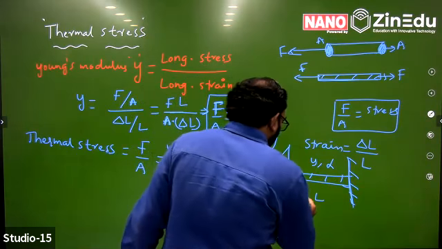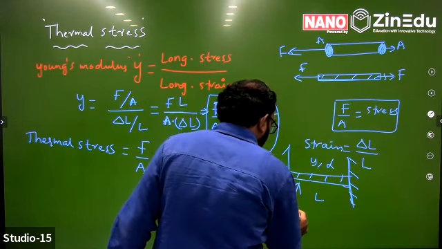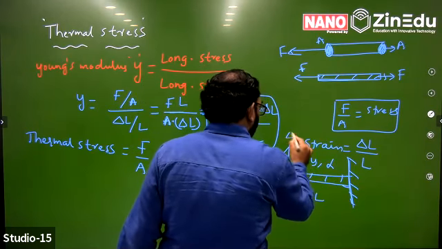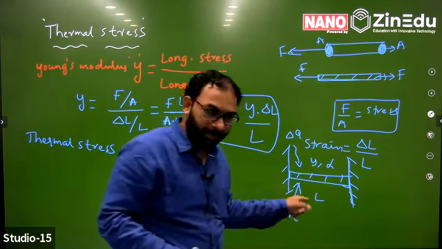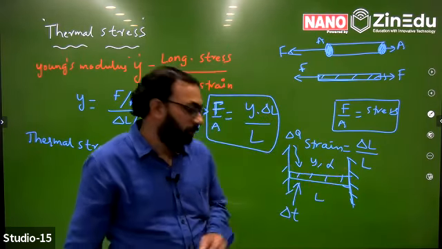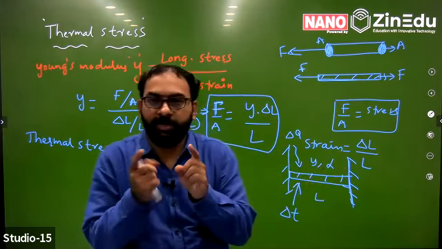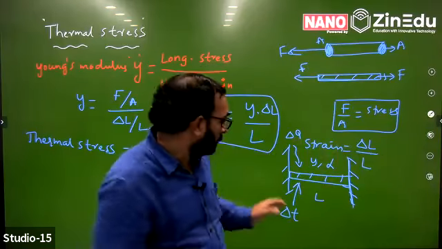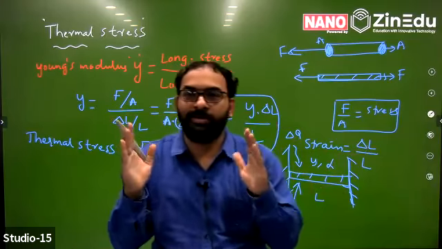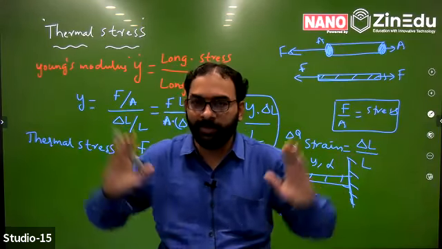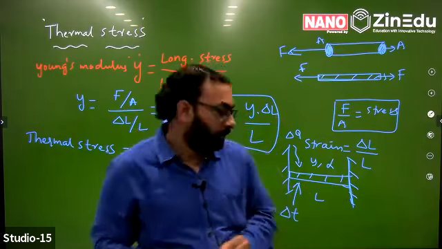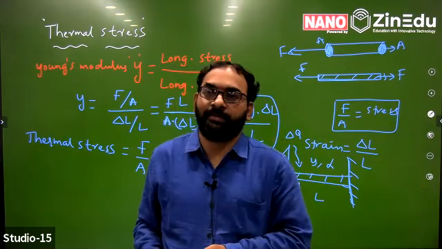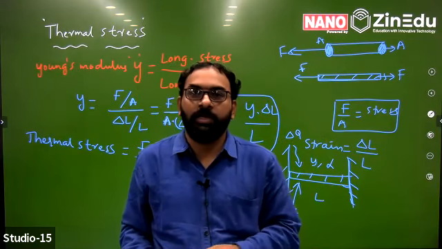Now if I am raising the temperature by providing some heat energy, there is a temperature rise across the length of the rod, and as the rod receives the heat energy, it tries to expand. But the walls don't allow the rod to expand. They strictly oppose the expansion. As a result, there is a stress on the rod.